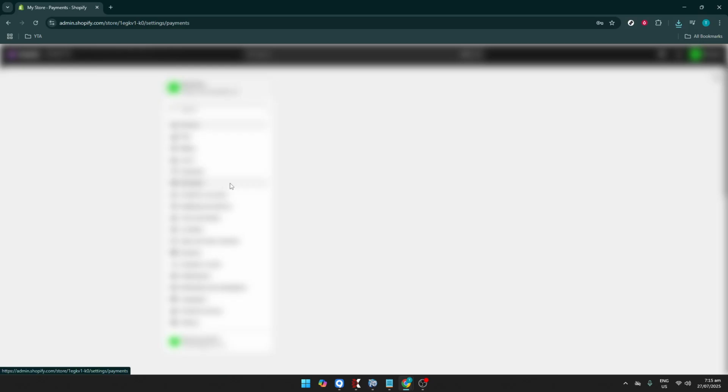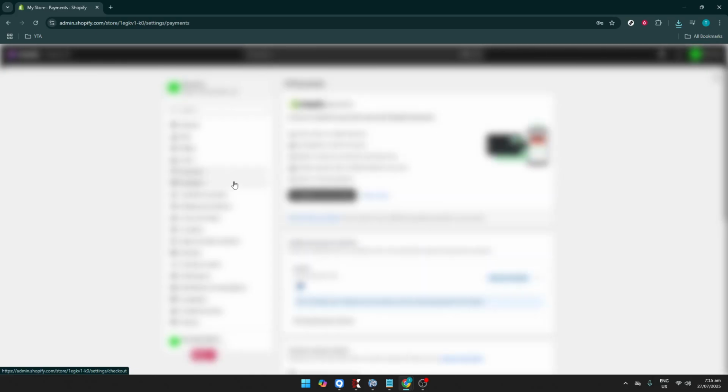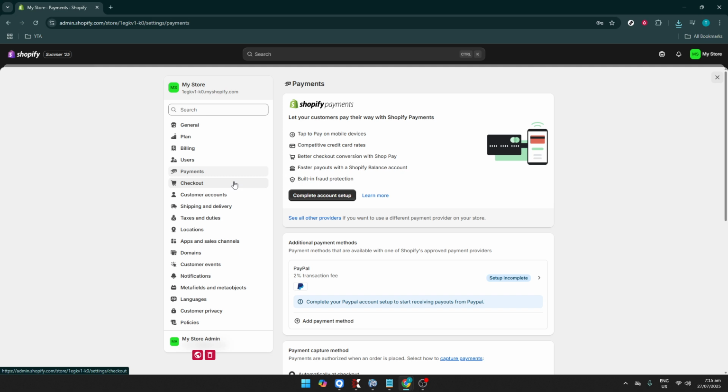Now that we're in the Payments section, you should see an Add Payment Method button. It's usually at the top of the list, making it easy to locate and access. Go ahead and click that button. This action will open a new menu where you have the ability to either update or add entirely new payment methods. When you click Add Payment Method, you'll